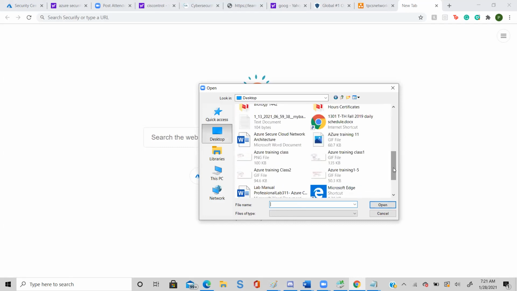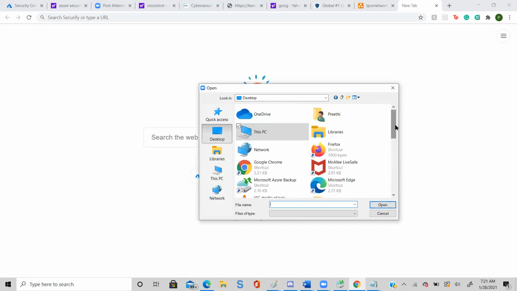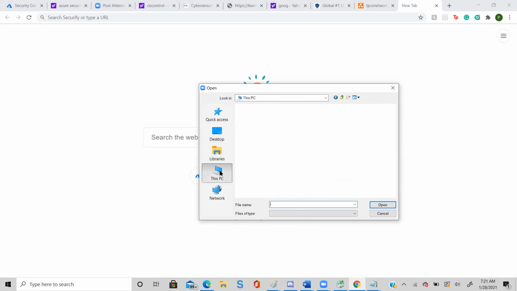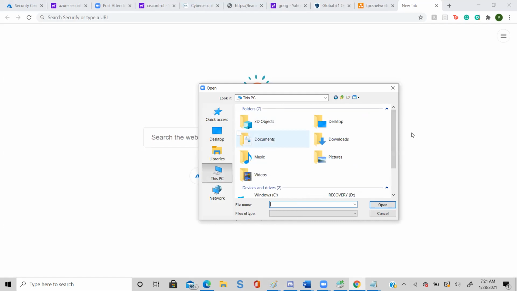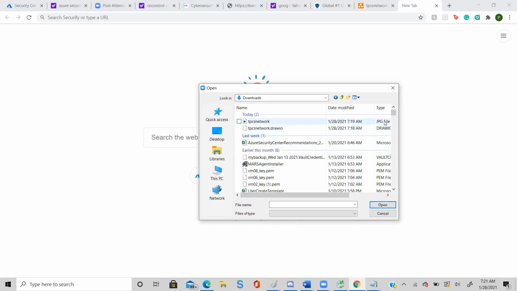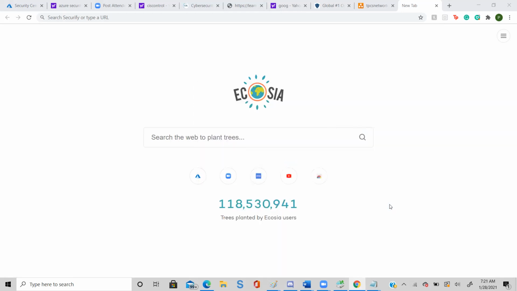So you have to click This PC, and click Download. Click the first one. Yes, the first one. All right, all good. I got that. So I am going to click to download. Perfect. Now I have this whole network ready.